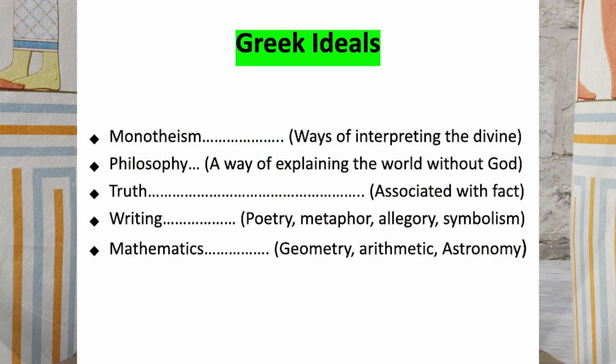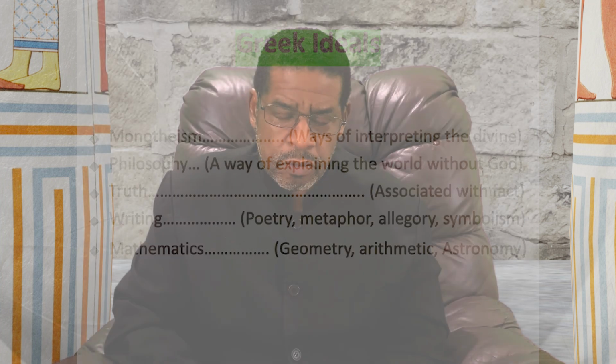Mathematics, the Greeks had their ideas of mathematics, but their ideas of mathematics were very primitive, so they learned a lot from the ancient Egyptians. Now, with Greece and Rome imposing their alien ideas, their beliefs, their ideals, the way they understood the world that they live in, even though that's alien to the ancient world, it's alien to Hebrew culture, alien to African culture, alien to Egyptian culture,